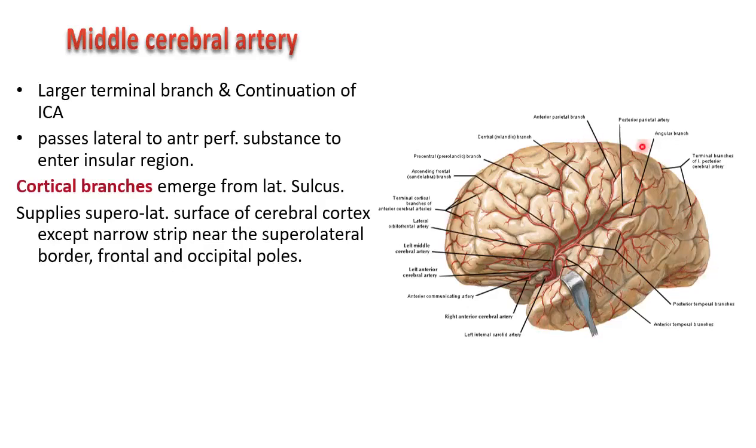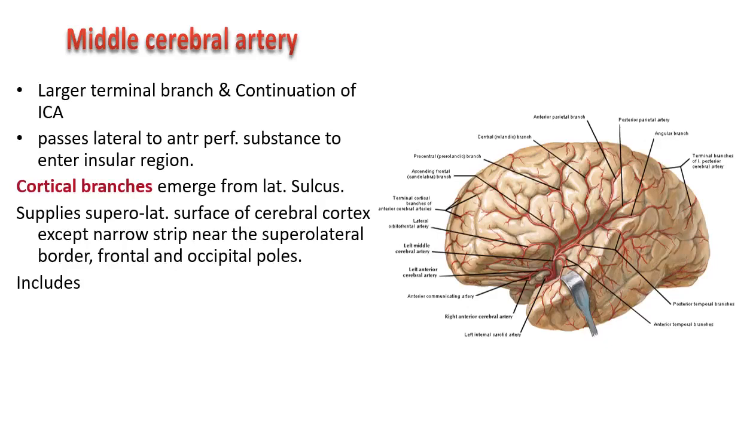So mainly most of the superolateral surface it supplies, except, as I told you, a narrow strip near the superomedial border, that will be supplied by the anterior cerebral artery, that too up to the occipital pole, and beyond that it will be taken over by the posterior cerebral artery. So the middle cerebral artery is given so much importance mainly because it supplies your sensory